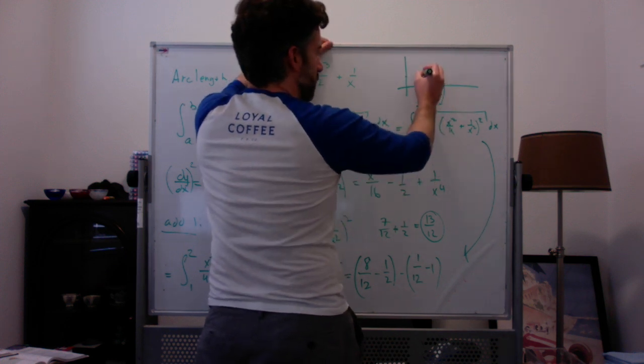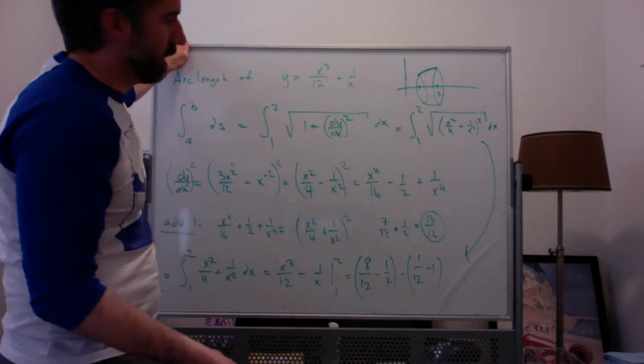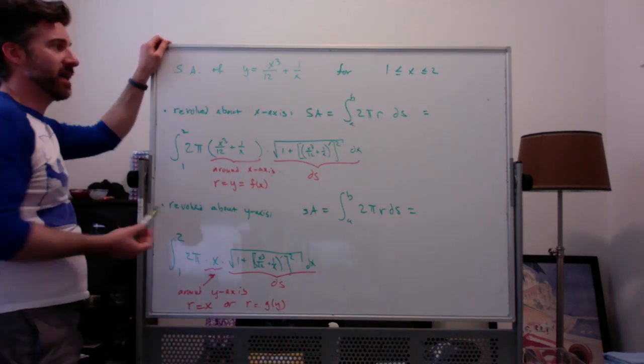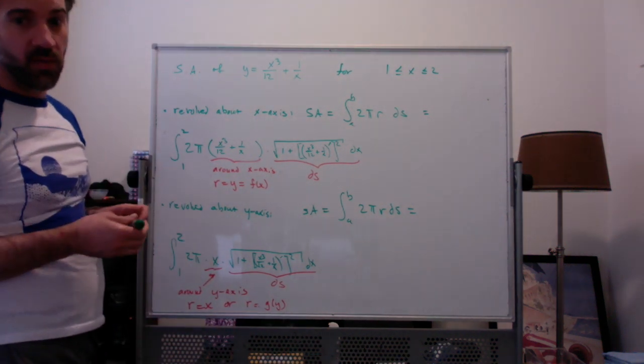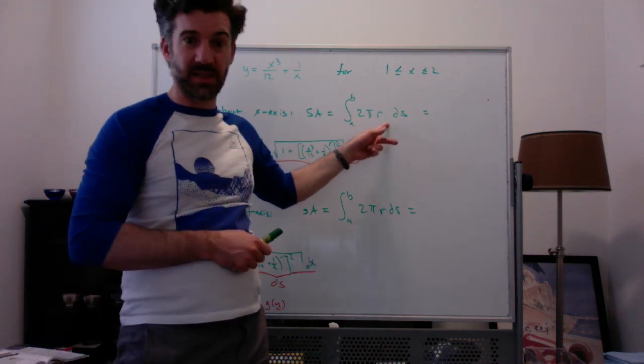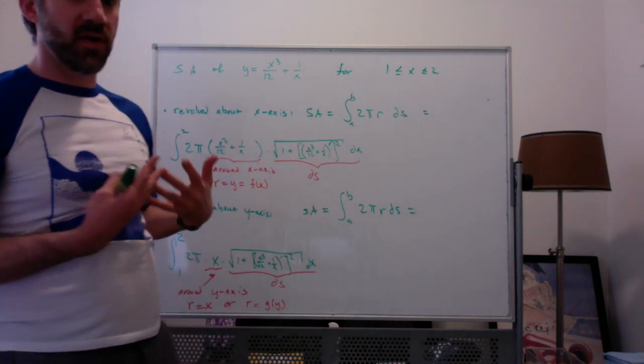and see what kind of surface area we get. And then we're also going to do the same around the y-axis. Okay. So, when you revolve around the x-axis, or any axis really, the way I always think about the surface area is it's the integral of 2 pi r times my ds. ds is still that square root thing, and r, the radius, is how far away we are from the axis